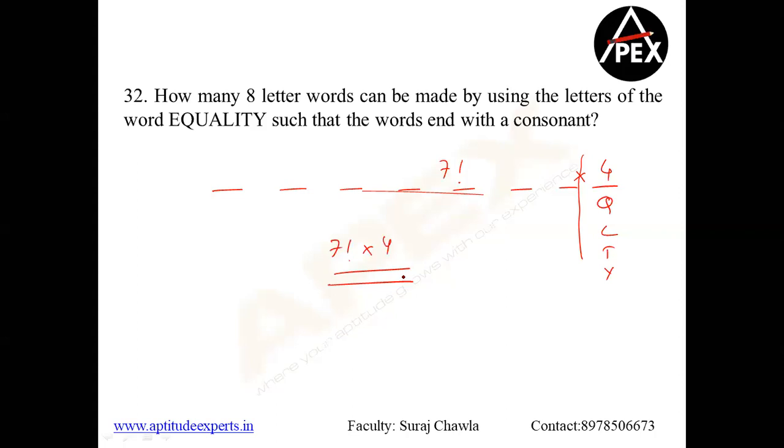The answer is the same because you have an equal number of vowels and consonants. You have 4 vowels and 4 consonants, and in both cases the same condition is asked. Here I blocked a vowel, in this question I blocked a consonant, and I am asking for 8 letter words. So do not form a shortcut that both answers will always be the same.